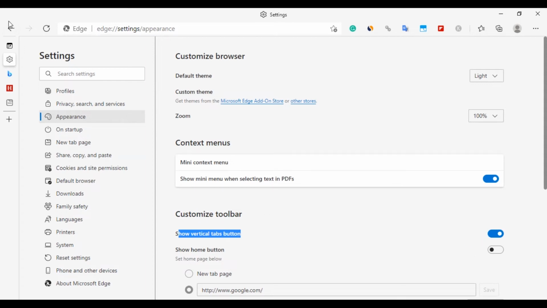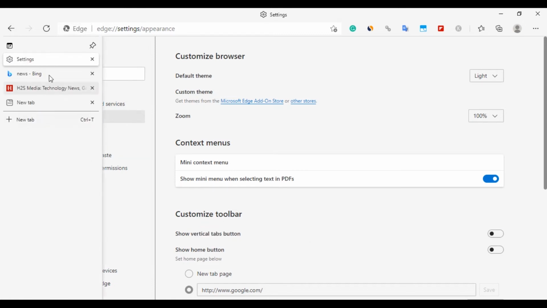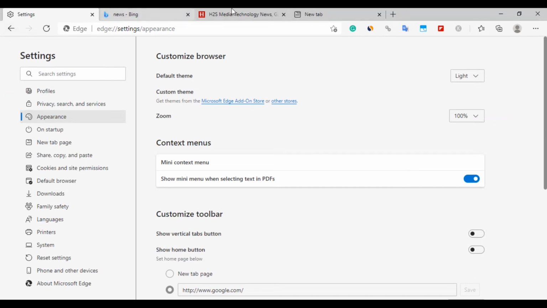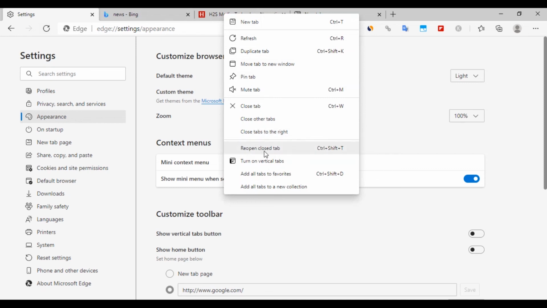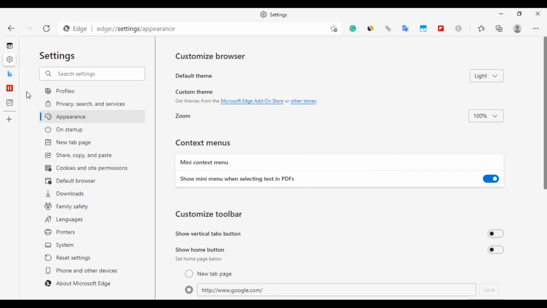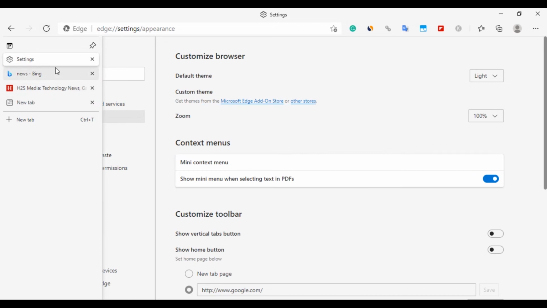So this is the one thing. So what is the benefit of using vertical tabs? Earlier we were using this traditional bar, so sometimes when we are using multiple tabs, it's very difficult to know which website is on a particular tab. But when we shift to this vertical tab, the benefit is we can simply take our mouse pointer and see what exactly the websites are on the tabs. If you want to turn it off, then you can simply unpin it from here